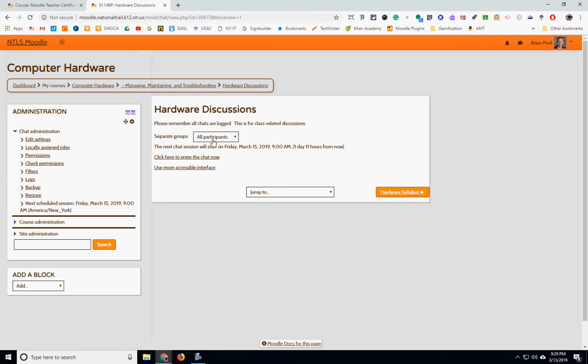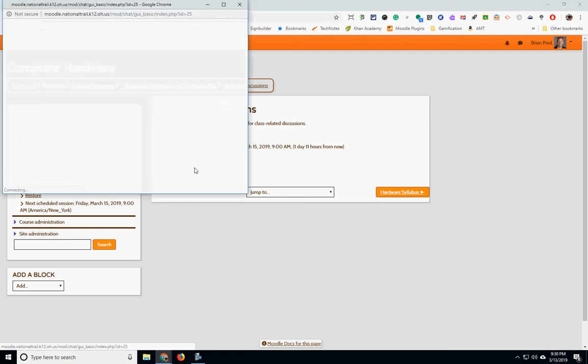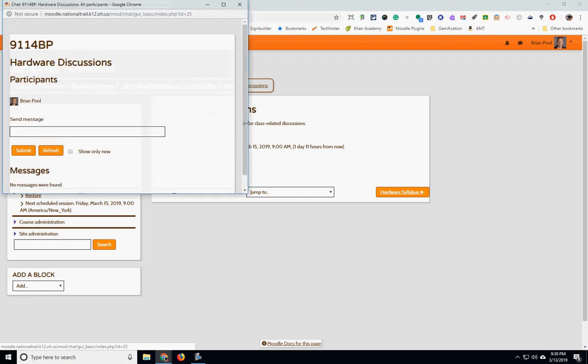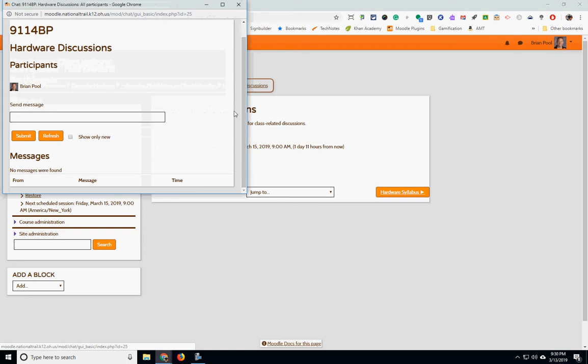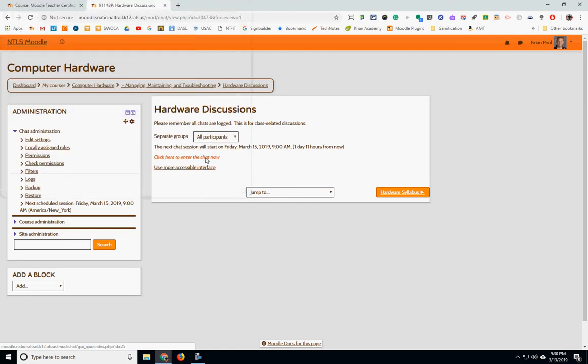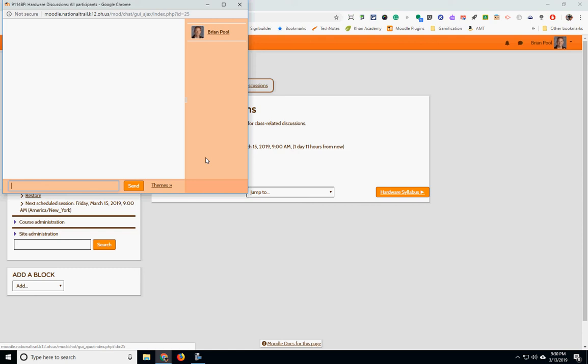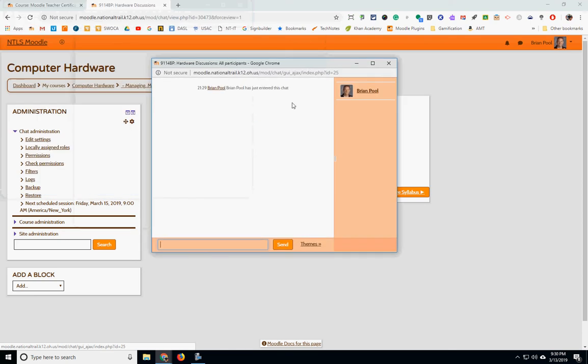So right now, a student could go and jump into the chat. So you see right here, it says click here to enter the chat now. And this says use more accessible interface. That means it's this pop-up window that basically lets students, I don't really see that much of a difference. I guess a different color. So it shows who's in the chat room,